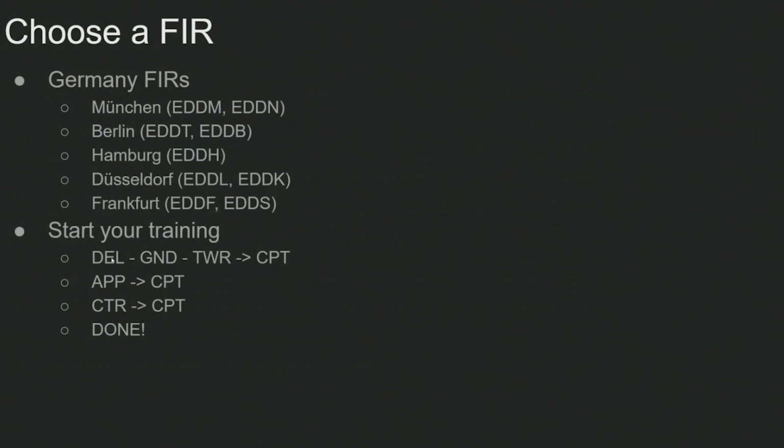So you do a delivery, ground, tower, the first controller practical test, then you train for approach, do your test, then center, do your test, and then you're done with your training. I'm currently holding an S3 rating, approach controller. I'm currently training to become a center controller, and so far it took me almost 2 years to do that. You can do it faster, but it takes a lot of time, a lot of dedication into this hobby,